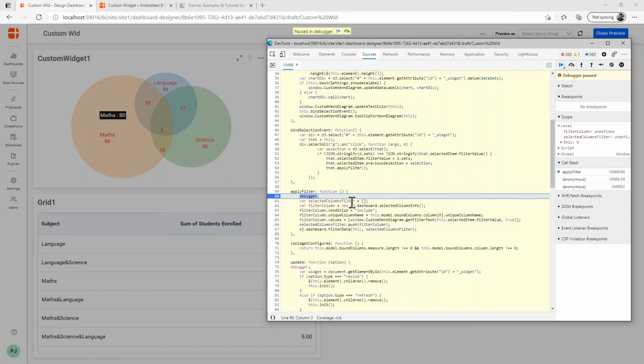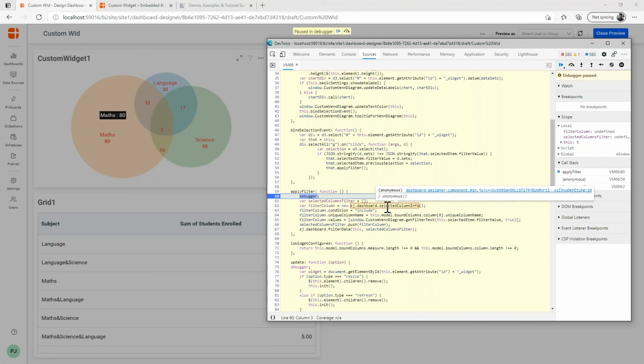So if you see here, what I have done is in the widget's on click event, I have added a method apply filter, and here I'm going to collect the values that need to be filtered. So what you need to do is create an object for selected column info, and you can create a collection in case you are going to work with multiple selections, like some of the widgets support multiple selections.